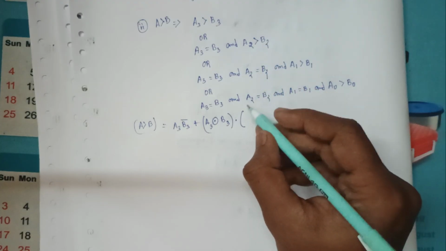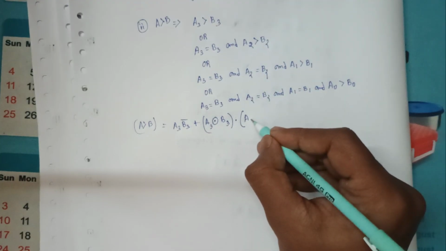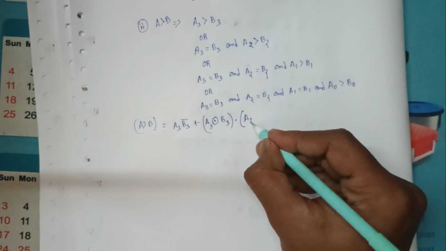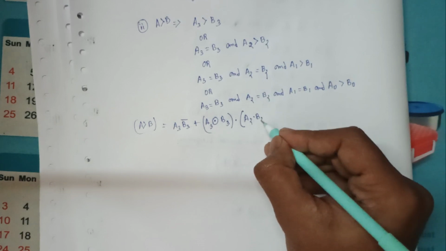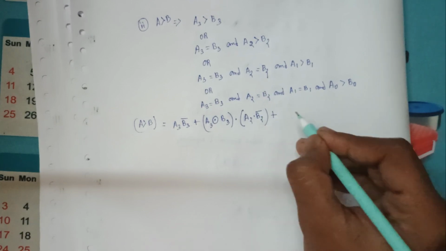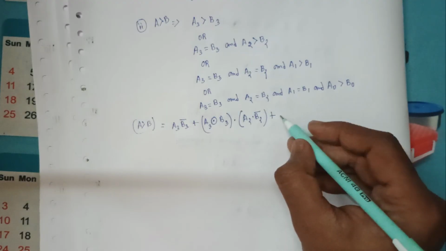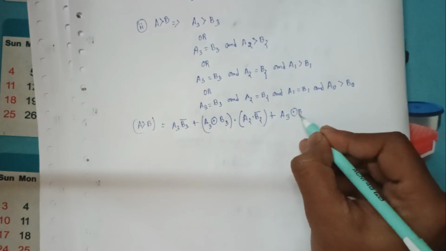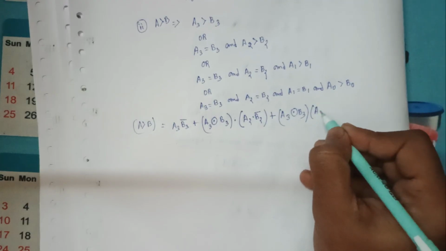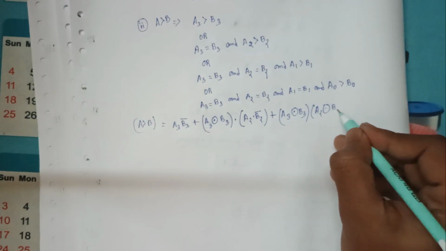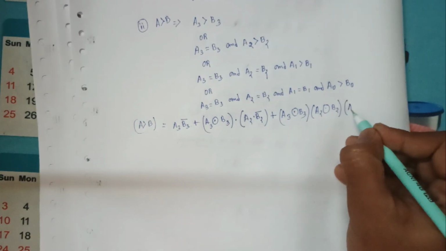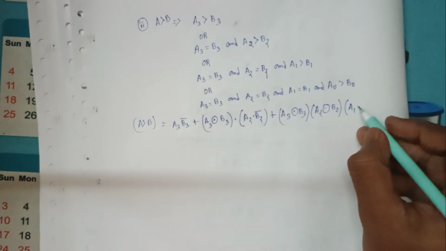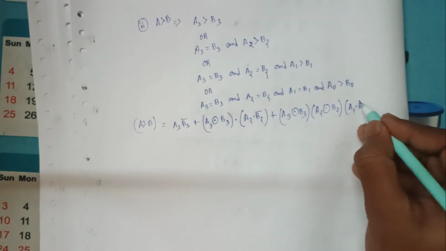For greater than, we have used A dot B bar, A2 dot B2 bar, plus again for equal to A3 XNOR B3, A2 XNOR B2 and A1 dot B1 bar,